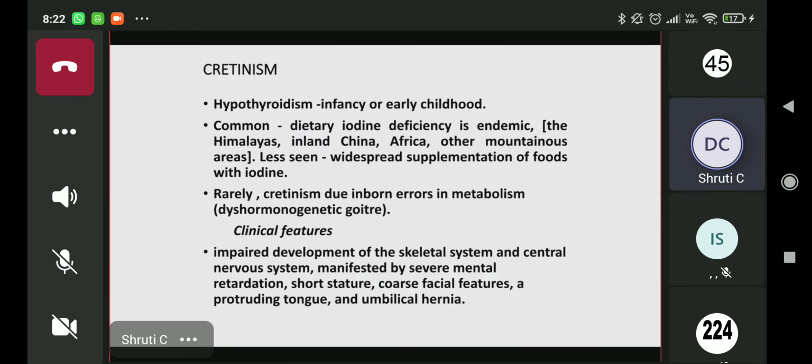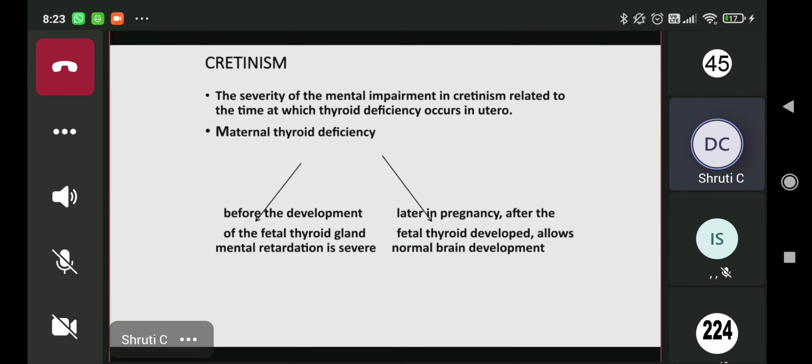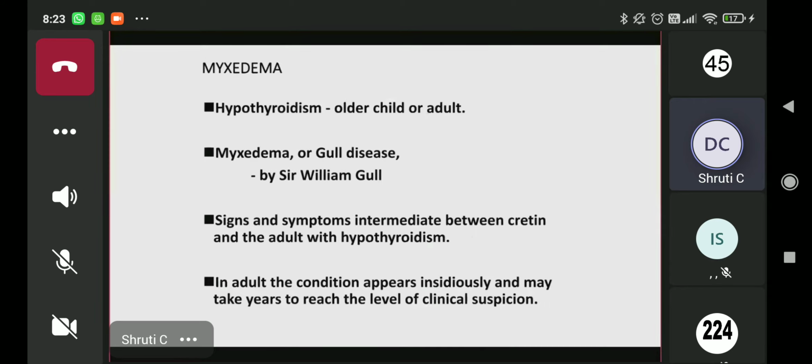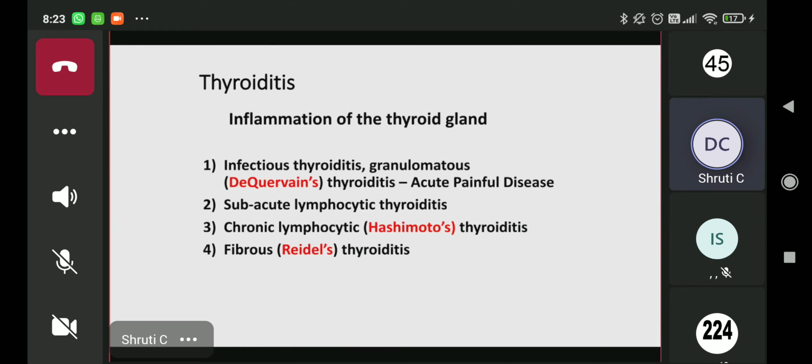So in detail, Dr. Rosni will tell you, but basically cretinism is hypothyroidism which occurs in infancy and early childhood, and it quite commonly occurs due to dietary iodine deficiency in the areas where it is endemic, and rarely it may occur due to inborn errors of metabolism. And cretinism is associated with severe mental impairment. Okay, and myxedema usually occurs in older children or adults. It is also known as Gull's disease, and it is intermediate. The signs and symptoms are intermediate between cretinism and the adults with hypothyroidism. Okay,